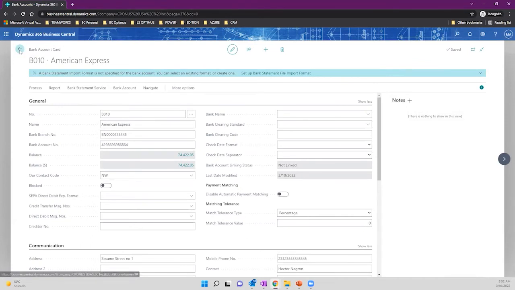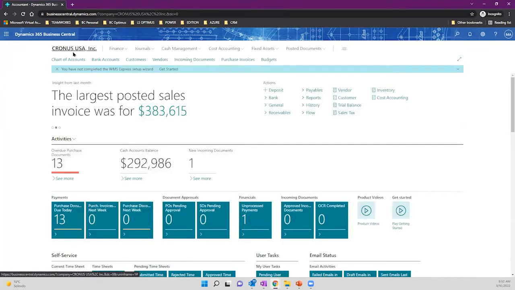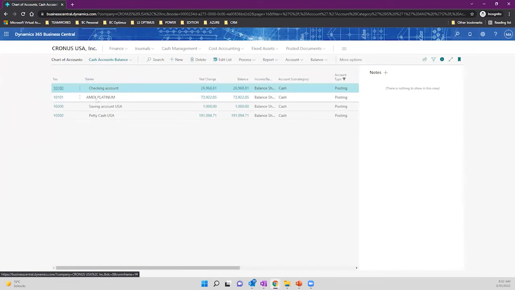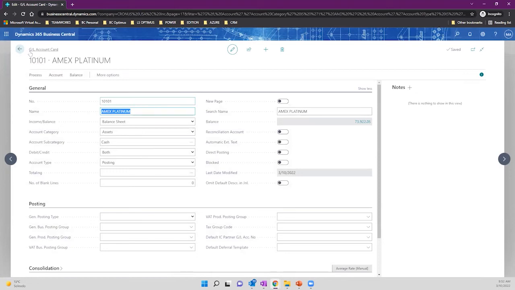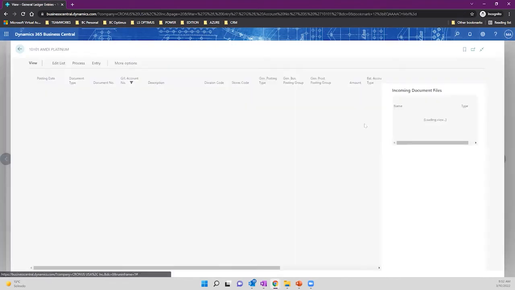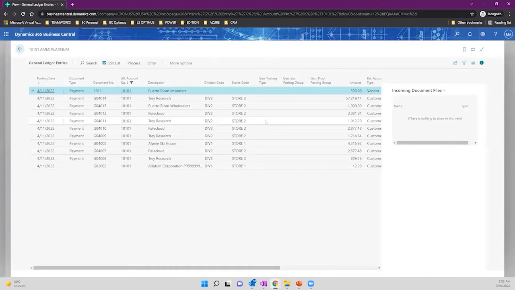Let me just go back to show the chart of accounts. And here we have the Amex Platinum GL account card. Guess what? It has the same exact balance in the end that I have in my bank account. So if I want to reverse a check that was already posted, it means that I would also need to reverse the transaction that was posted in the GL account